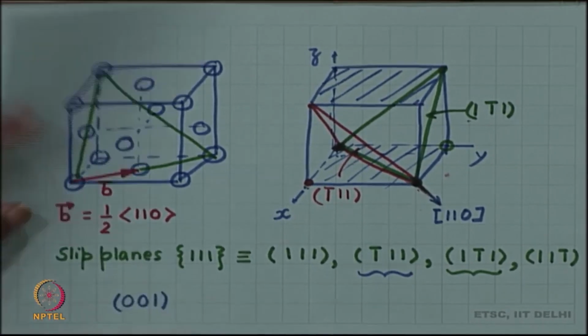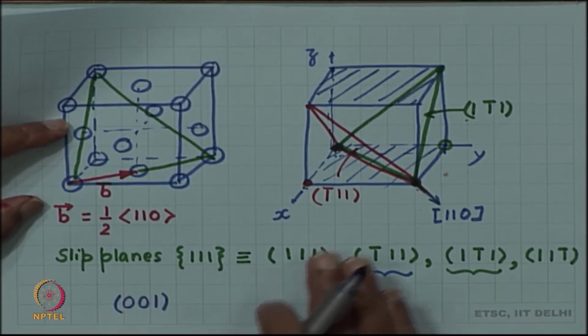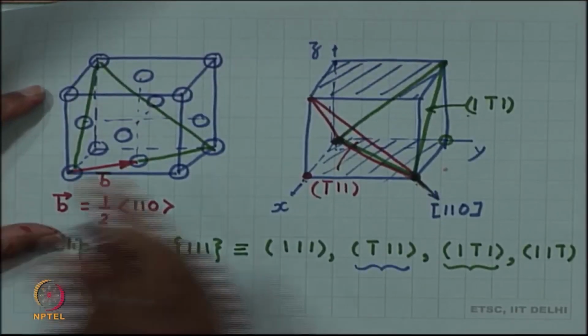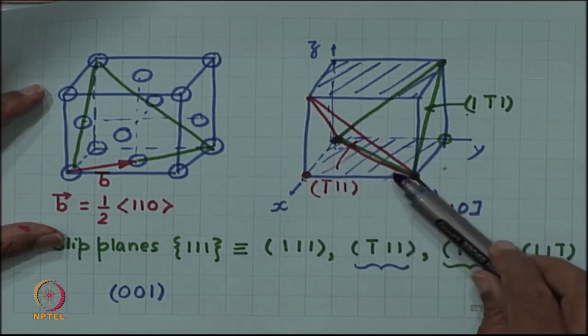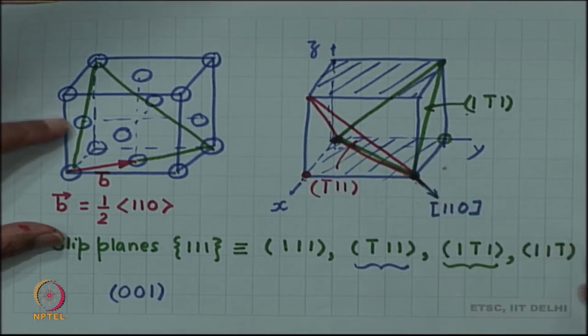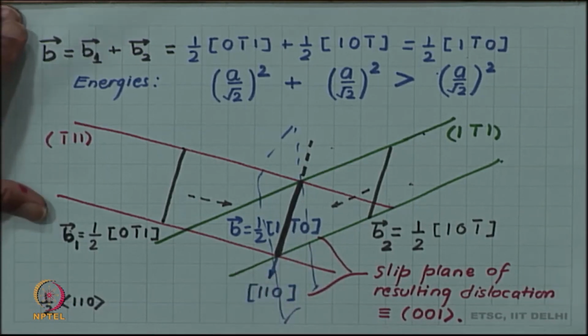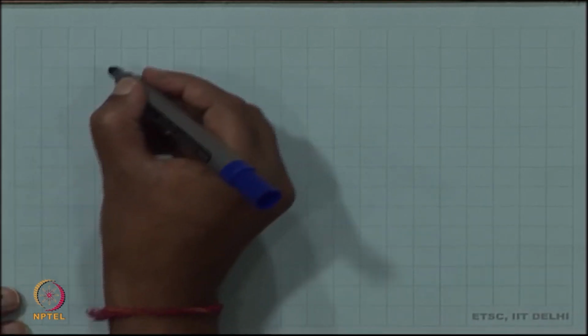But this is not a slip plane required by the face centered cubic, or in other words, if the dislocation wants to slip on this plane, the required critical resolved shear stress will be much higher. So, which means this dislocation is now no more able to move. What we call is a sessile dislocation. So, let us write down these results,